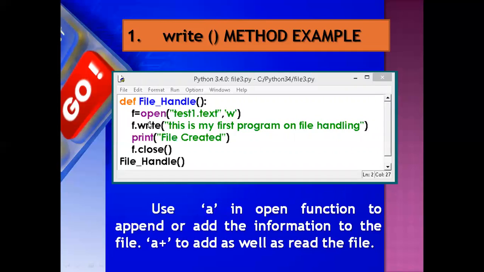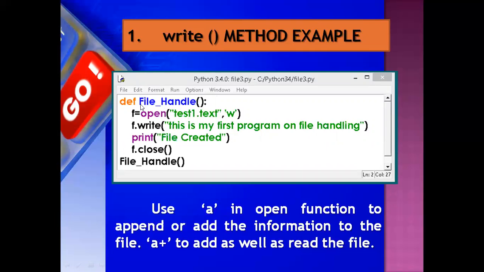After this, whatever you are writing here, you can write multi-line with double quotation. Also you can write multiple lines in a triple quotation. Whatever text you write will be stored in a hard disk. Whenever this string, this line, is stored in the hard disk, a message will be displayed: file created and successfully updated. Anything you can write here. This is not a keyword.